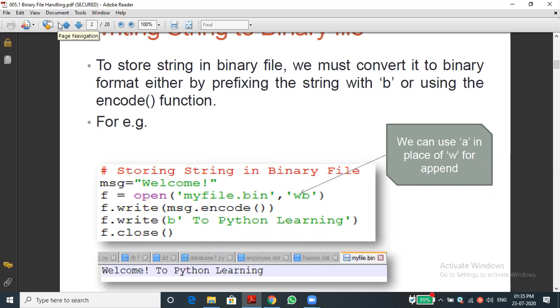Yes, sir. You will come to know after this. These are all basic programs in order to understand binary files. Whenever we go to the real part of the binary file, you can understand. Harith, have you understood? At that time we no need to use encode and decode functions. Directly we can store into the binary file.